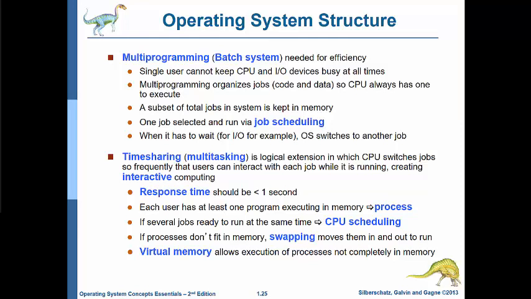In most recent operating systems, and also time sharing. So multi-programming, then we run several programs. One program may be running up front, in the foreground, and many other programs may be able to run in the background, so that batch system is possible. So a single user cannot keep CPU or I/O devices busy at all times. So multi-programming organizes jobs. For example,